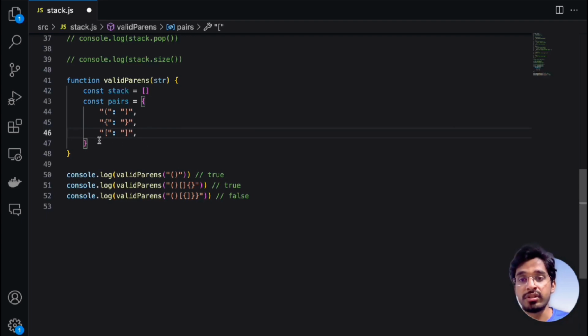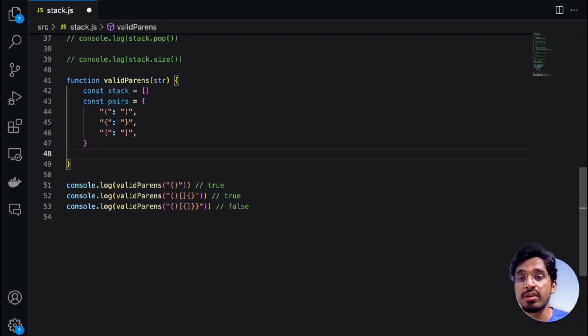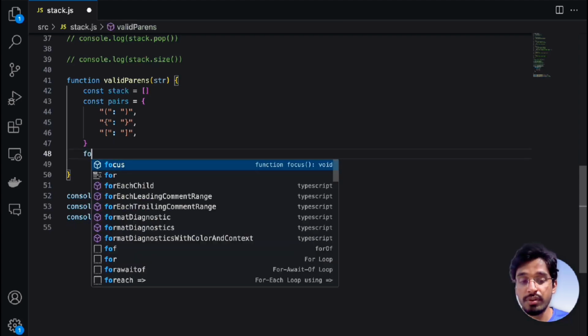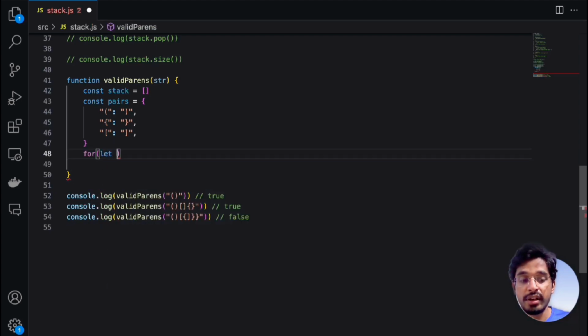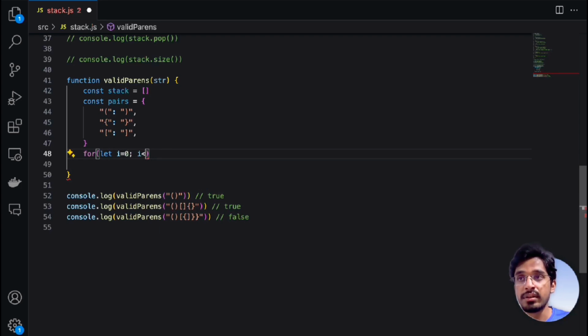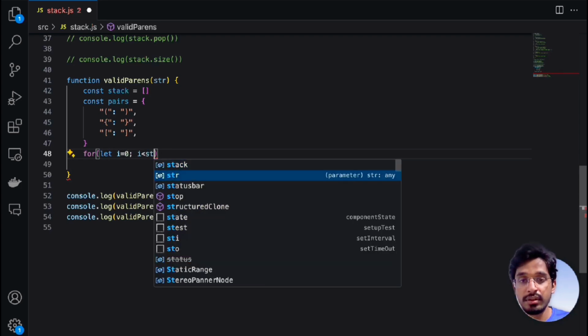Alright, so we have created the pairs. All we need to do is check if the particular pair of this is the value of that, and we check just like that. And let's now run a loop to loop across all the elements within the string. So for let i equal 0, i is less than string.length,